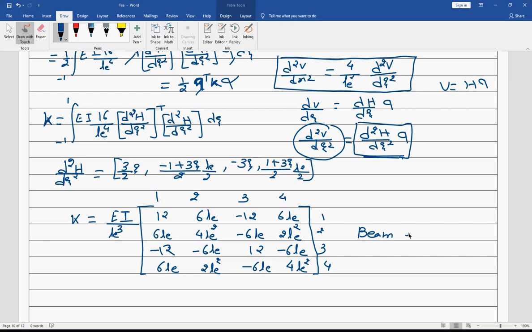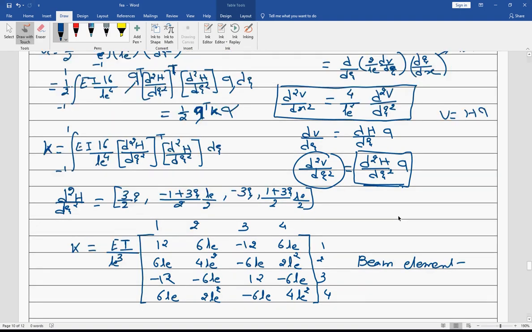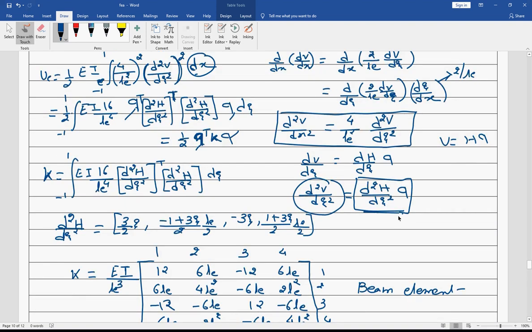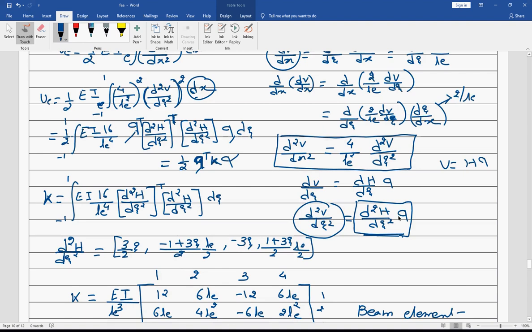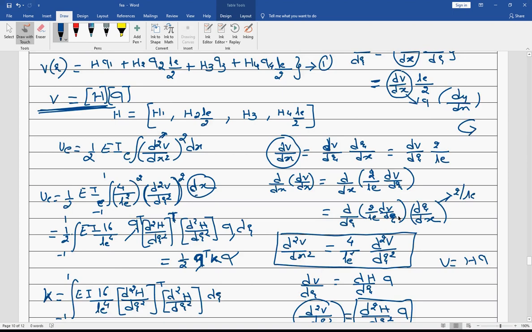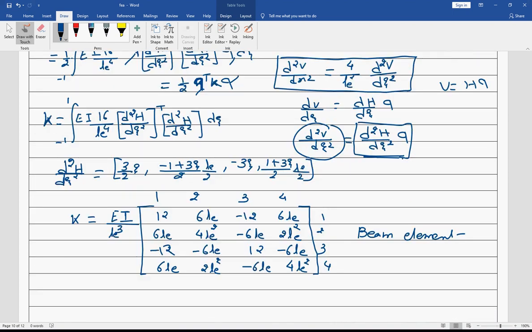So this is the formulation of the beam element. Basically your master's degree course starts from this. You can check the syllabus. It starts with this beam and then it goes ahead. So this is the formulation which you require. Don't worry about the examination. You are going to keep this as an option most of the time, because you go for the truss problem instead of this.